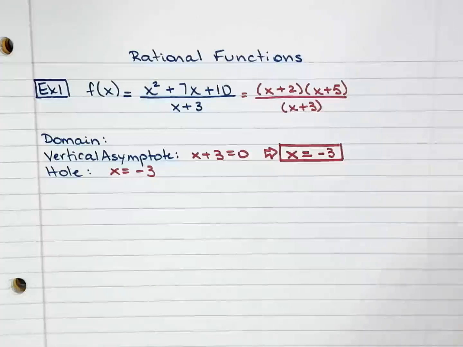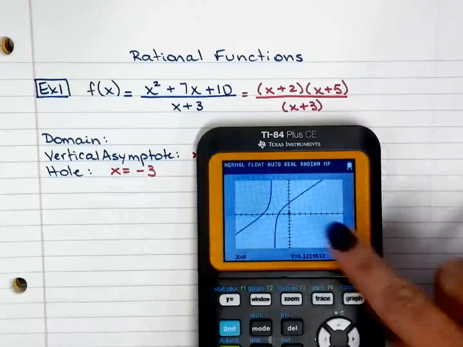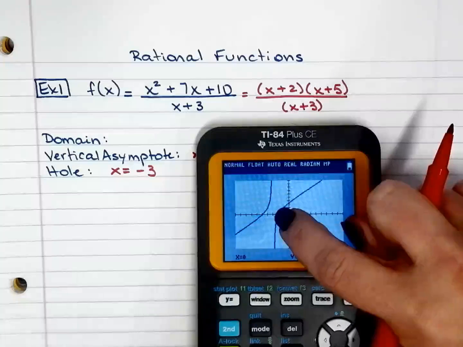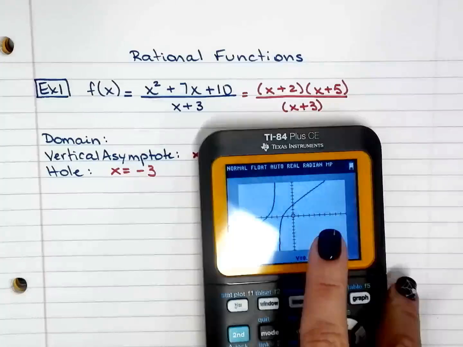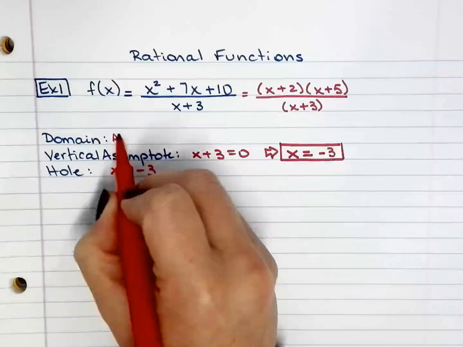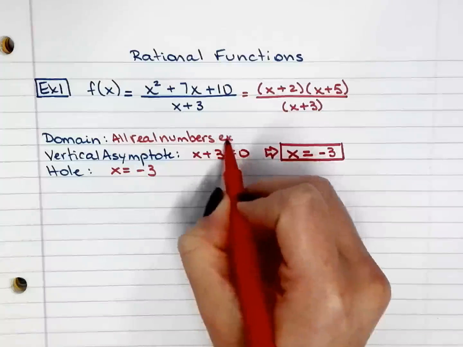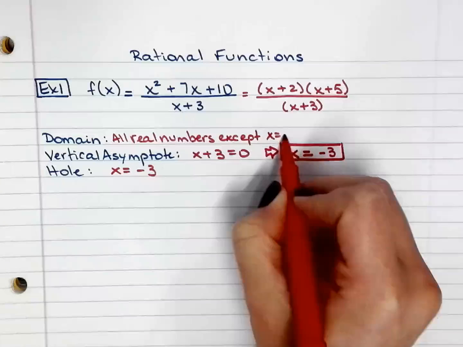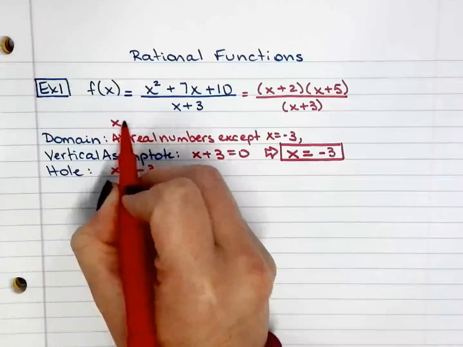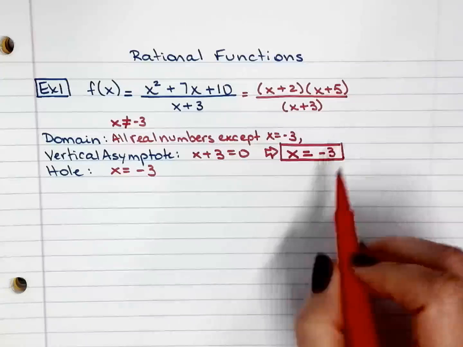Domain is going to be everything. So look at your graph again. Notice that your graph goes all the way over to -infinity, all the way over to +infinity, except for that one line right there. Okay, so you have two ways to write it out. The domain is all real numbers except x equals -3. You can also write it out as x does not equal -3, or in interval notation